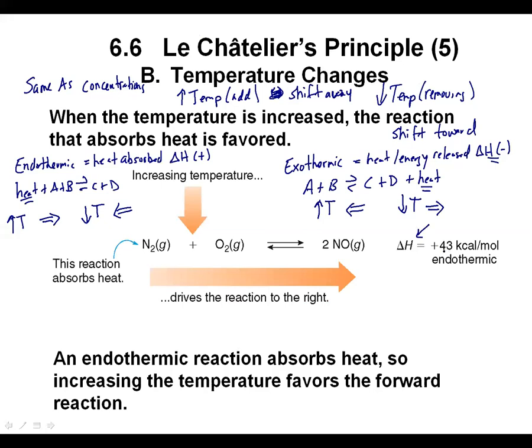The number here doesn't really matter. The important part is it's positive. That tells us that this reaction is endothermic, which means if we wrote the heat and energy into this equation, it would be found on the reactant side. So if I increase the temperature, that would mean adding more heat and energy